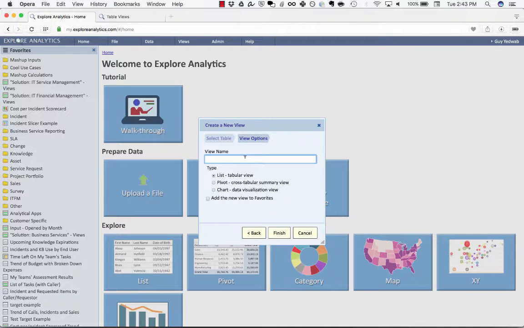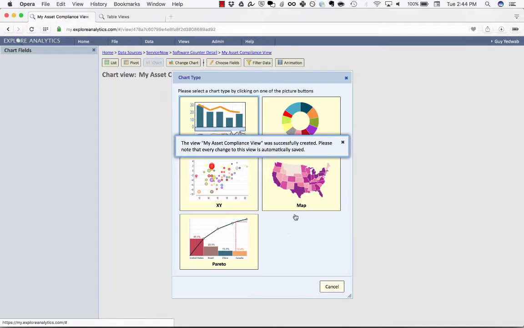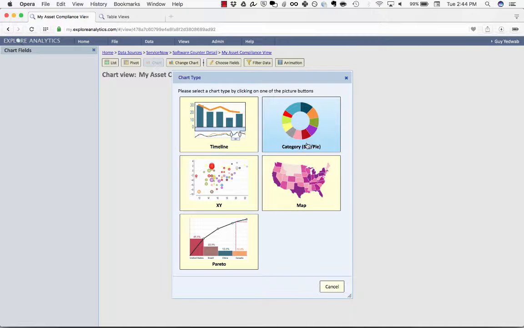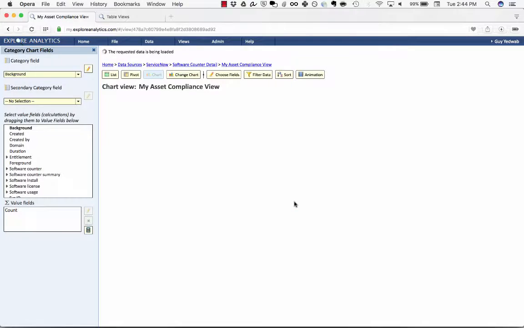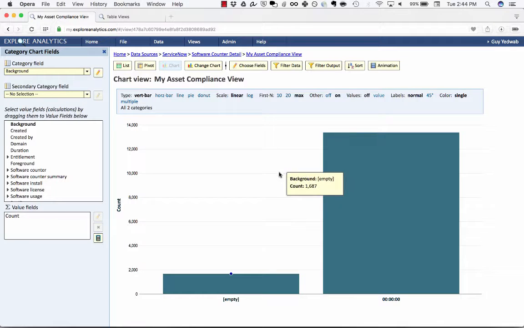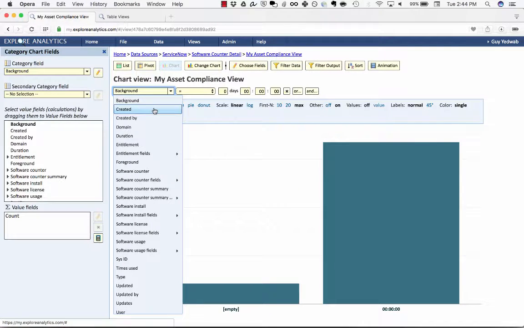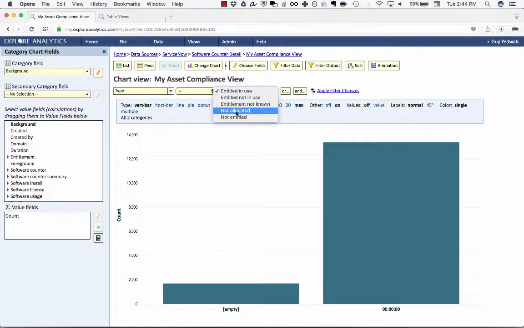And I'm going to create a view called my asset compliance view. And we're going to make that a chart. So I'm just going to create a simple category chart. And I'm going to do a couple things. I'm going to filter on where the type is not entitled, which will tell us only the software that's not entitled to be run,